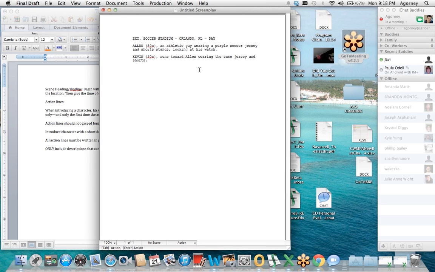Okay, so what we've indicated here is Kevin is wearing the exact same thing, and he's running, which means that he is probably late because Alan was looking at his watch. Okay, notice I did not have to say Kevin is running late. Alan is probably very angry about this. No. Okay, so